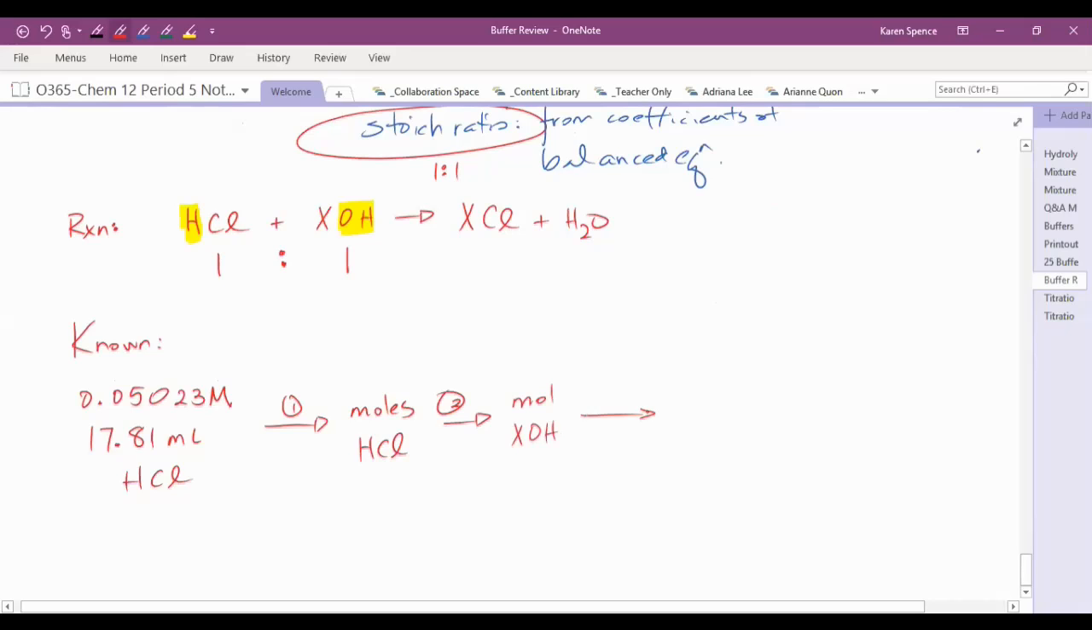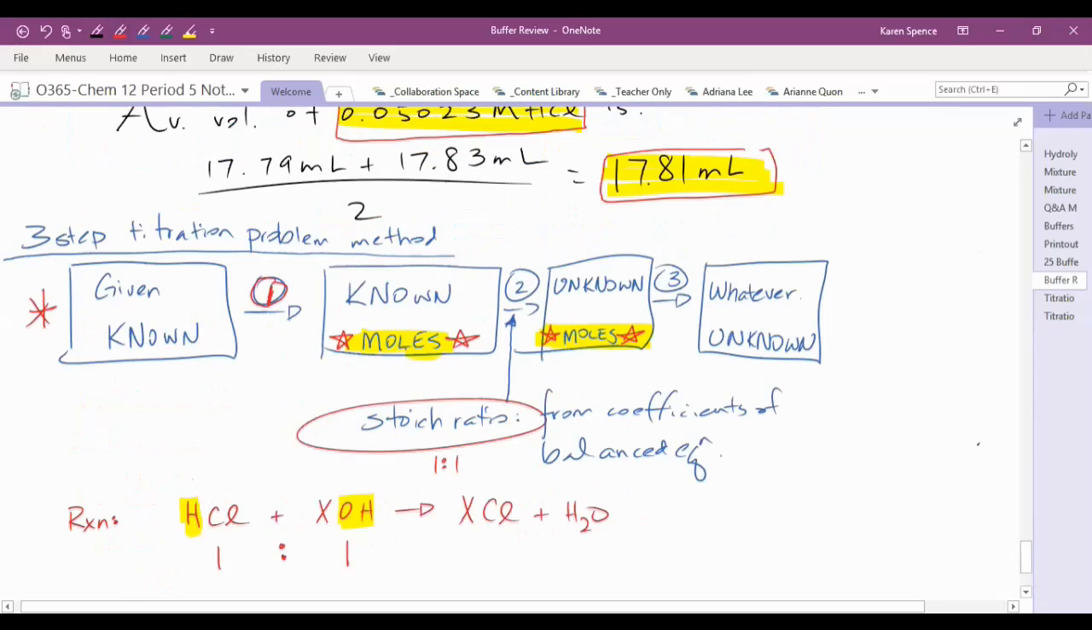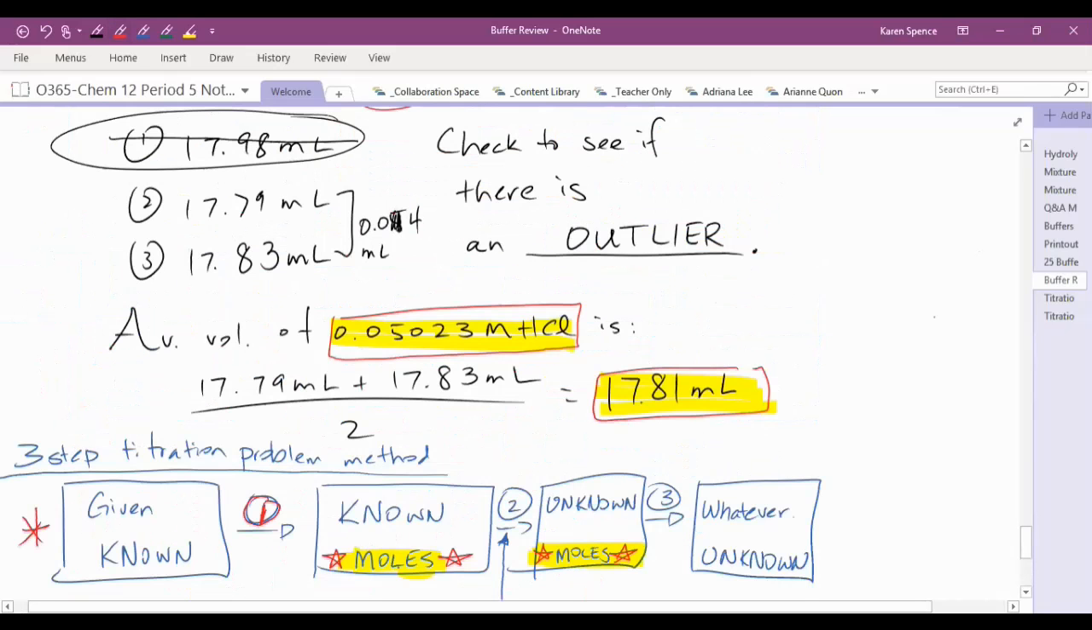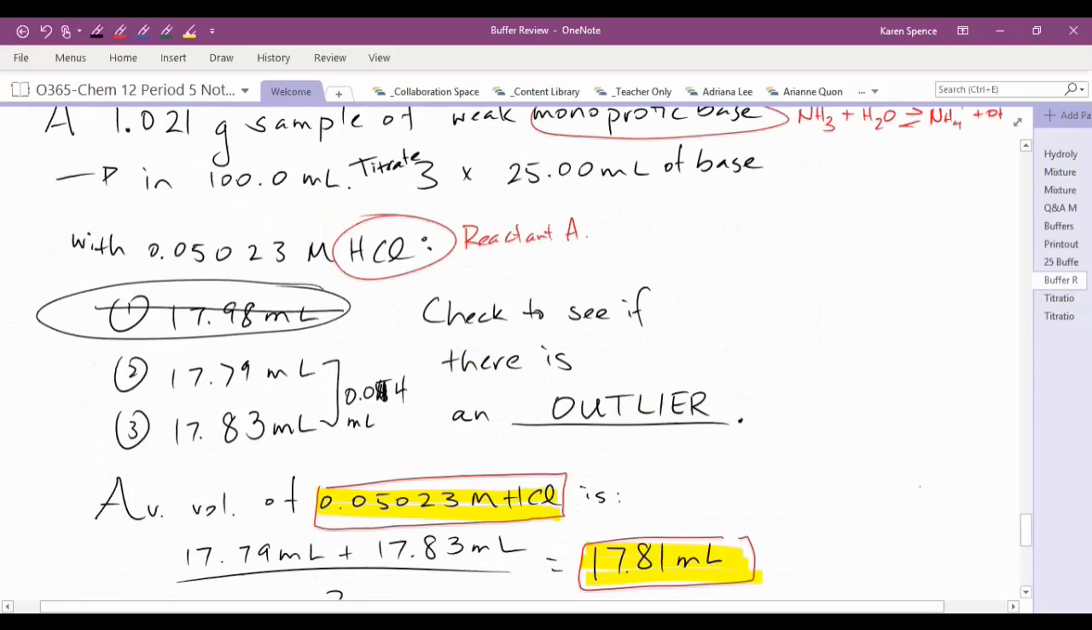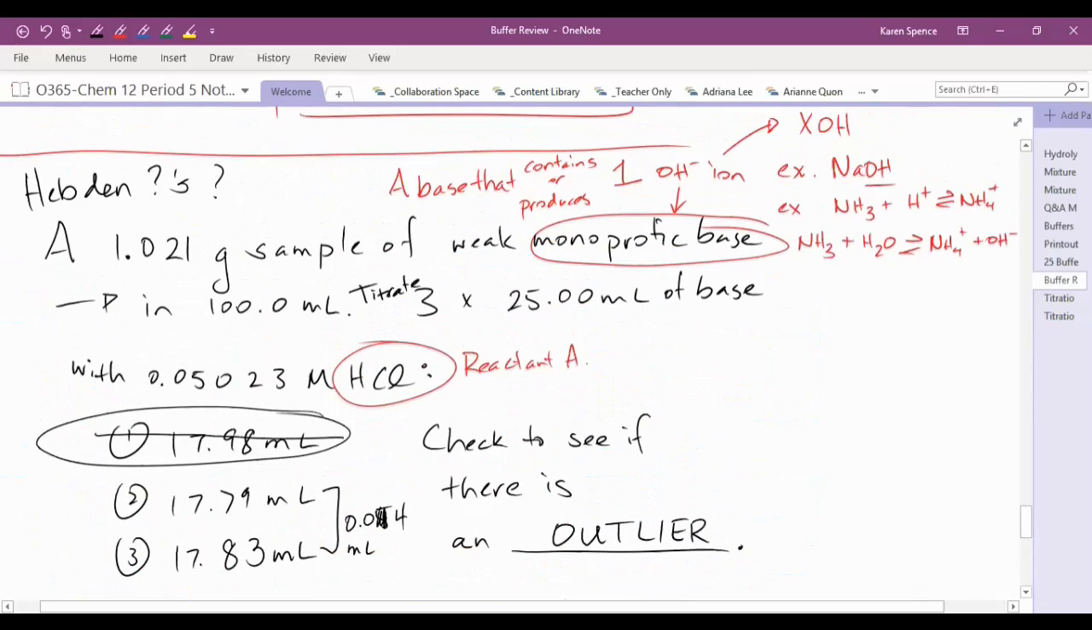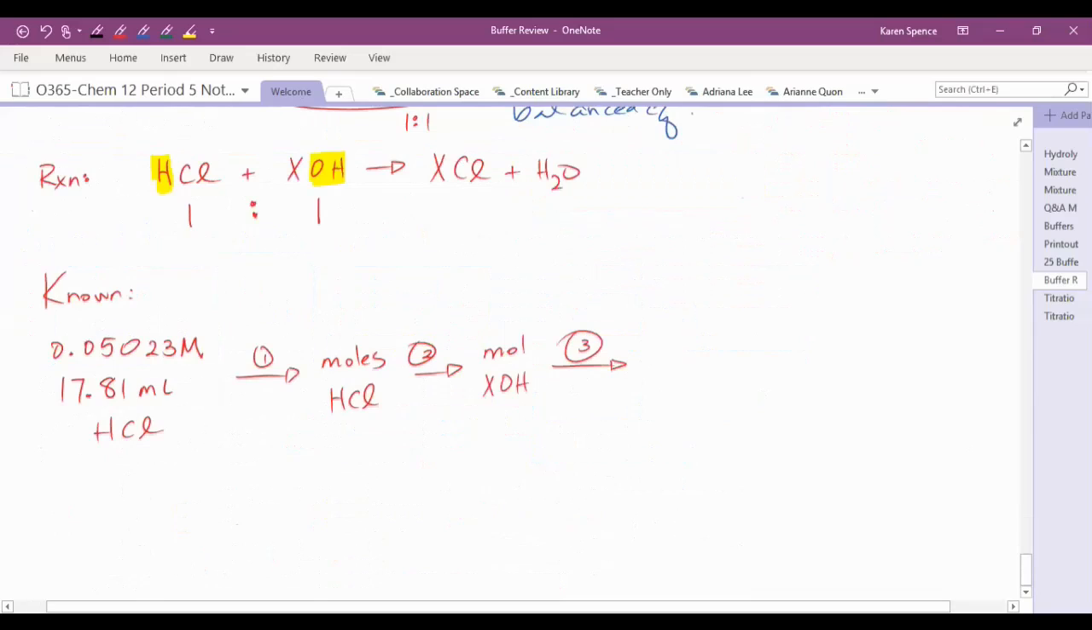And then finally, step number 3, what are we being asked for in this question? Oh, I didn't write it down, so let's just read from the question. What is the molar mass of the unknown base? So we want to know the molar mass of the unknown